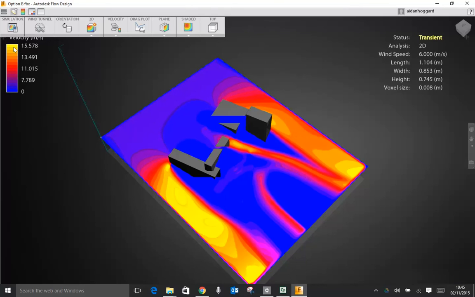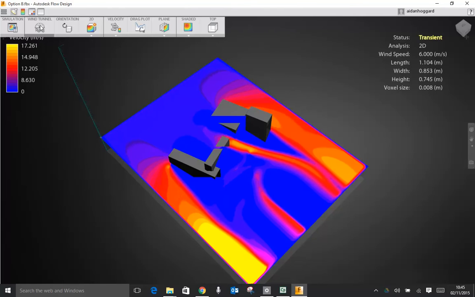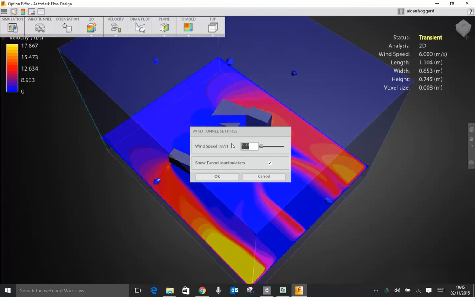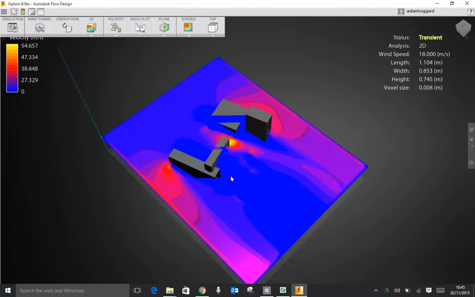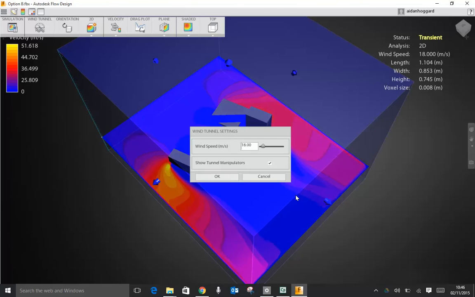Okay, what you have to watch for as well is the colour key does change. So what it does is yellow is always your highest wind speed, blue is your lowest. It's not a fixed scale. Okay, you might also want to simulate your peak velocities. So if we put that wind up to 18 meters per second, so we're now simulating a really high storm, and now we can look at the impact of that. Okay, so I'm just going to put that back down to something more reasonable. Let's put that back down to